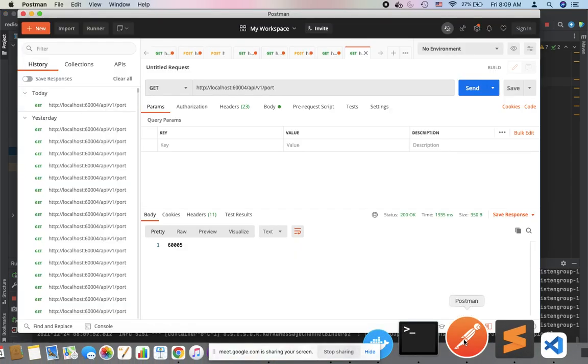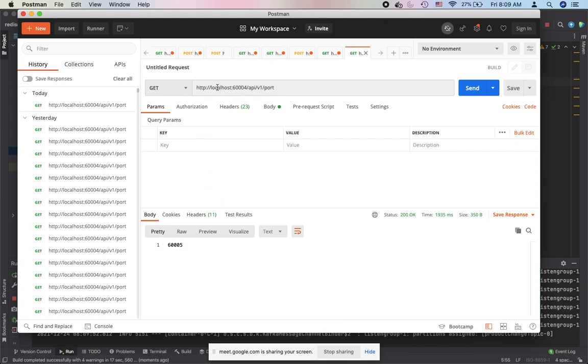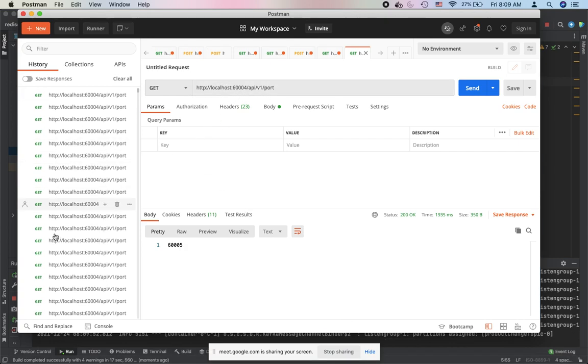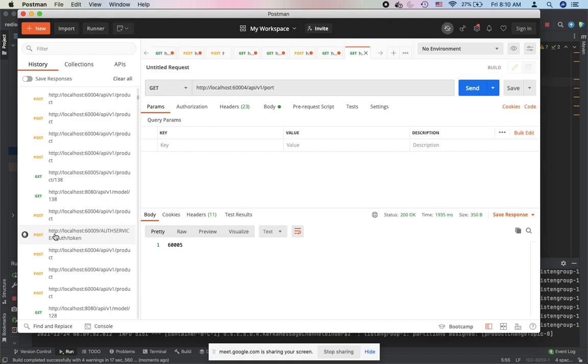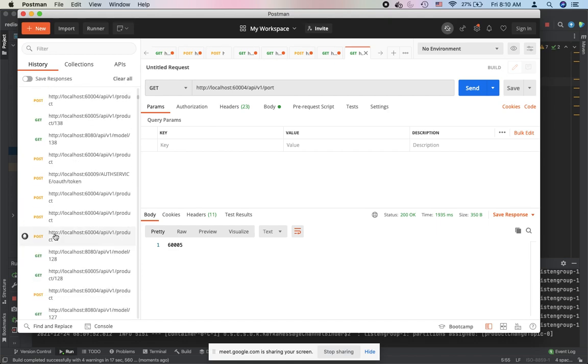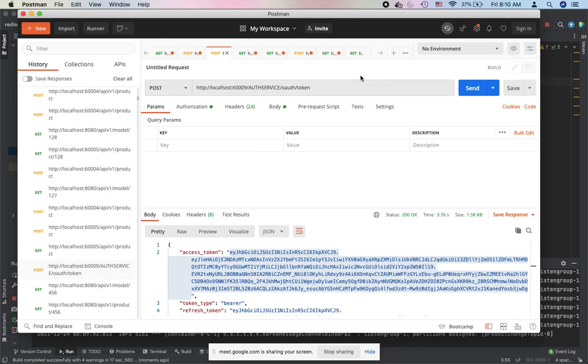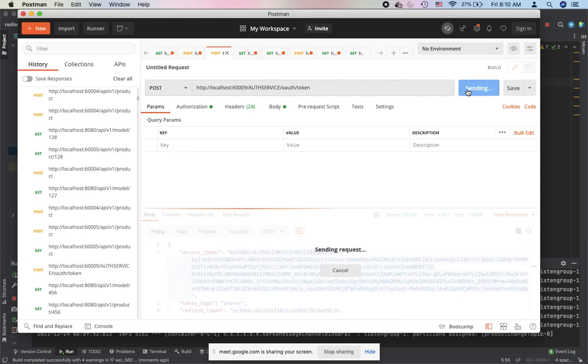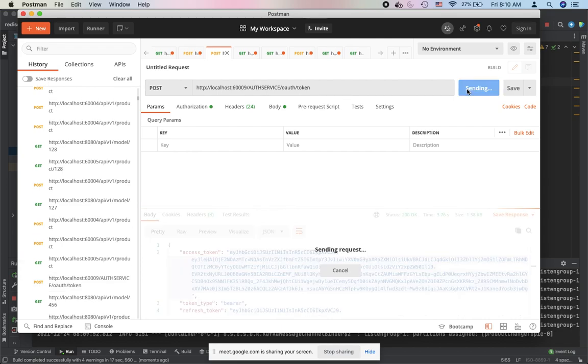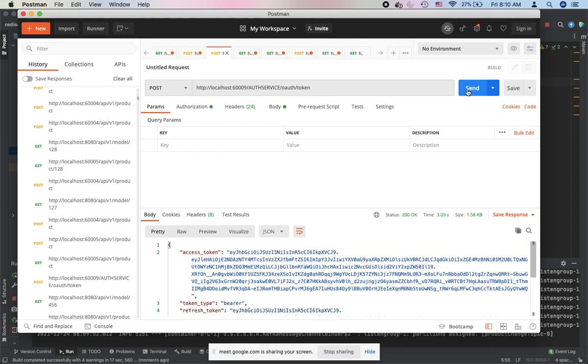Now let's do one thing. This is my localhost 60,000. First I need to take a token, right? As you can see, this is my gateway service, auth service, auth token. I will take it. I got the access token, right? I'll use this access token to call